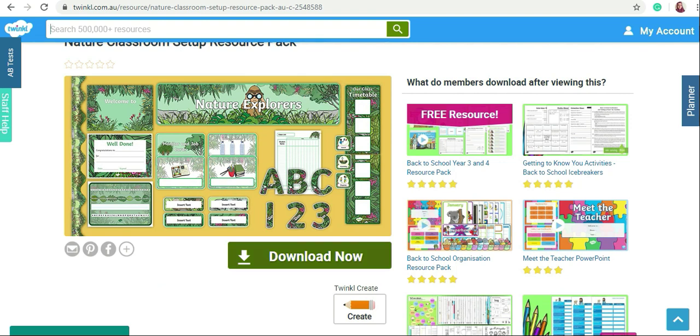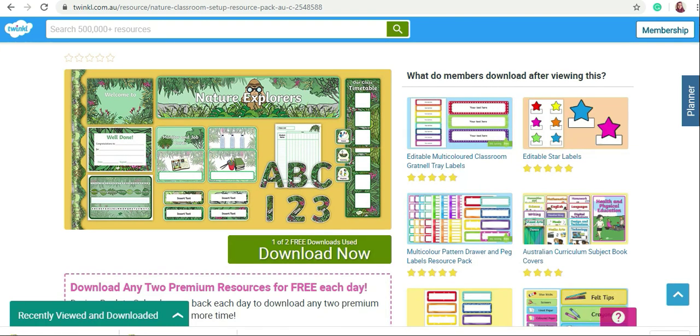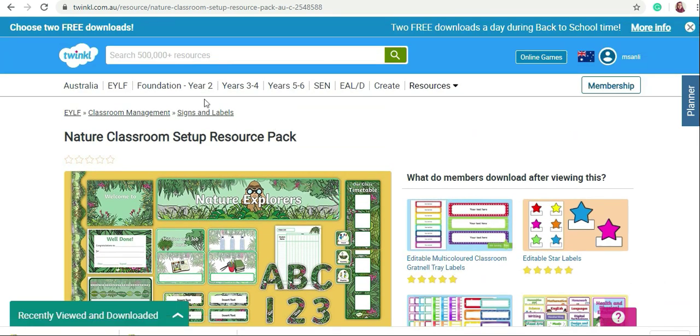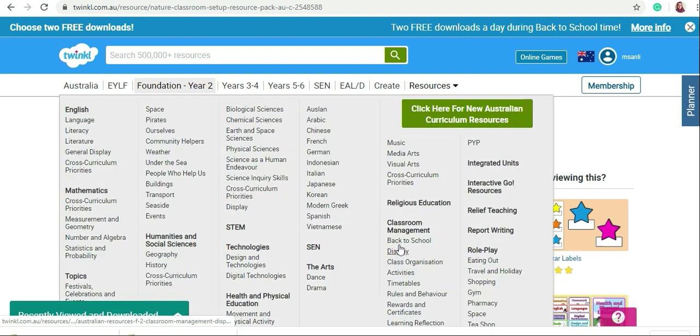Click on Download Now. Now that I have downloaded my chosen resource, you can see on the download button, it tells me the remaining number of downloads I have for today. So 1 of 2 free downloads are used. To download another resource, I can go back to any category that I like. I can go to Foundation to 2, Back to School,